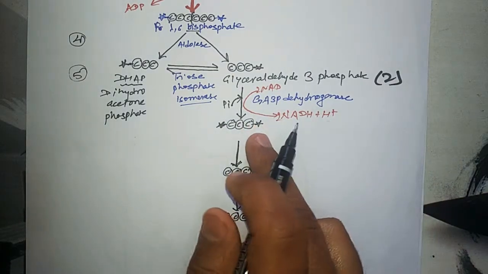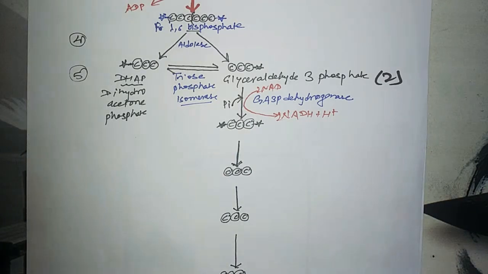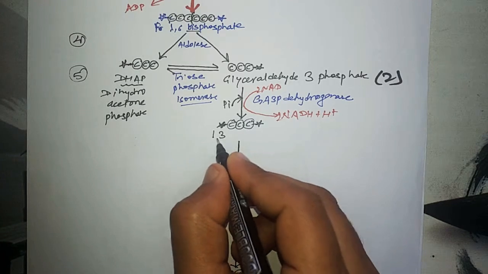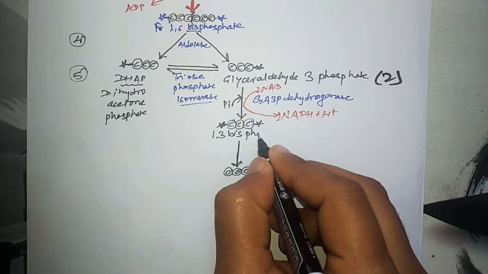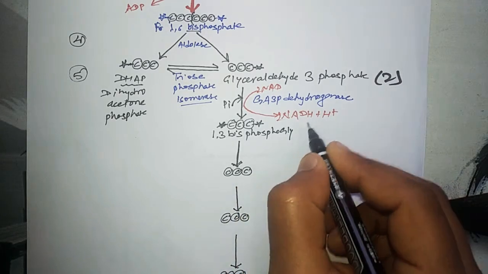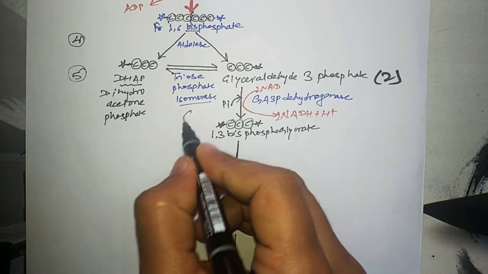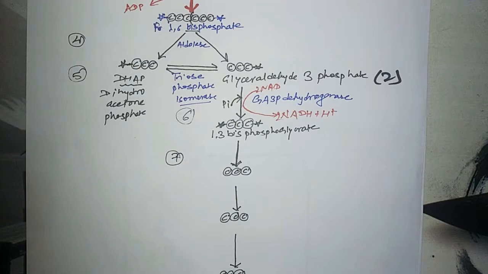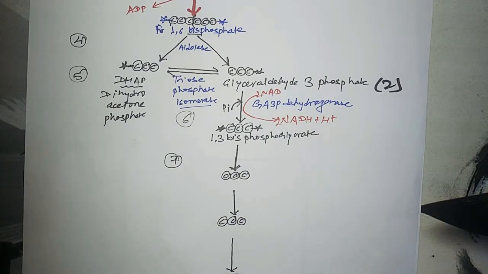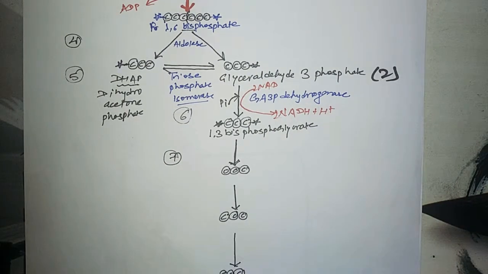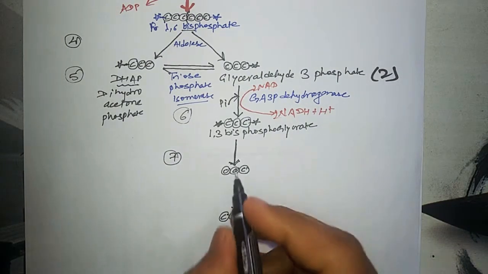and that will be added in this, and the name of this molecule now will be 1,3 bisphosphoglycerate. And the next step will be step number 6, and in step number 7 again there will be phosphorylation, but there will be no phosphorylation of this molecule. There will be a phosphorylation in order to release energy. It means the phosphorylation of ADP will be done here. The 1,3 bisphosphoglycerate will convert simply into 3-phosphoglycerate,